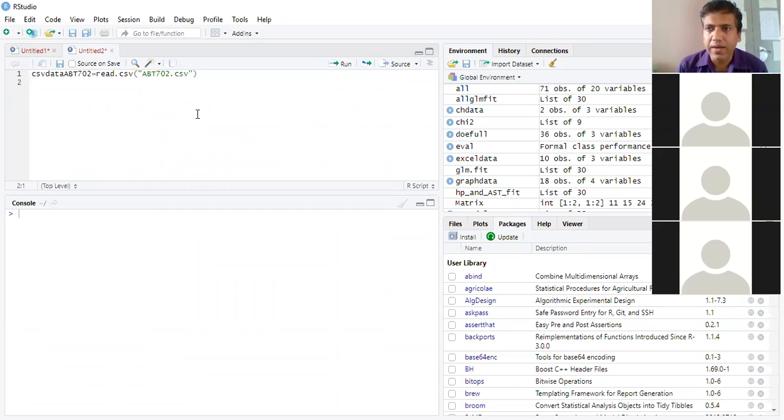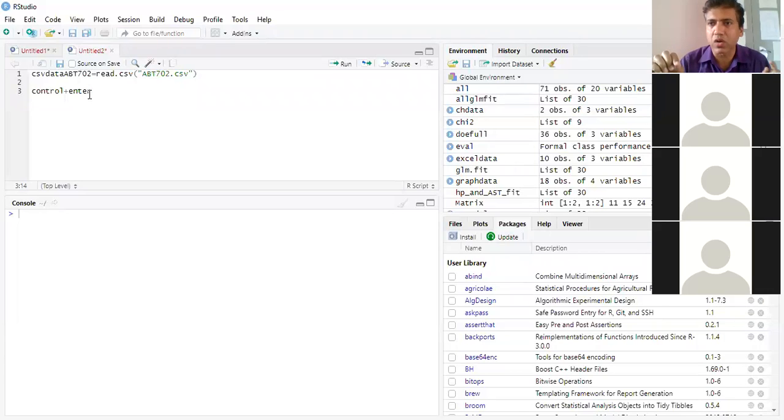Now after this, I need to execute the command. Because I'm not writing it in the console, I'll have to run this command. To run it, either you can place the cursor over there and click Run, or second way is that you can also press Control plus Enter.